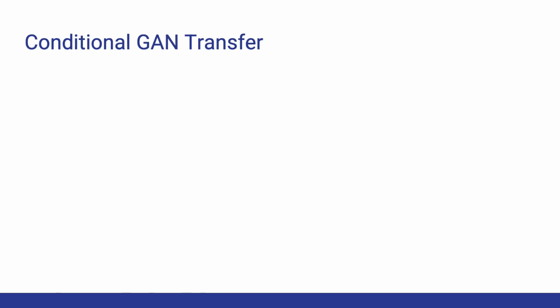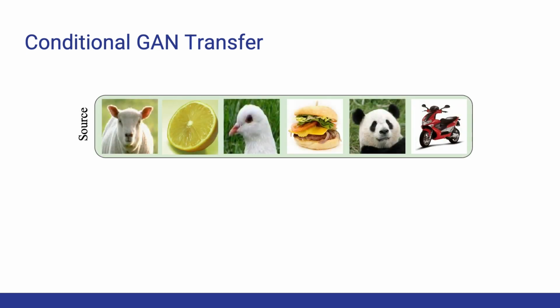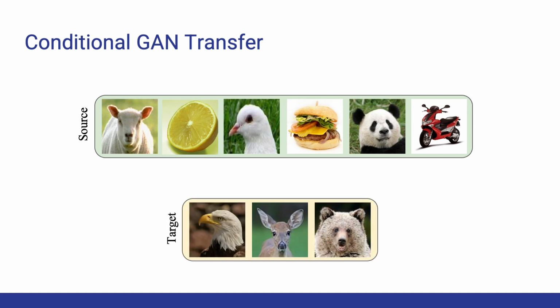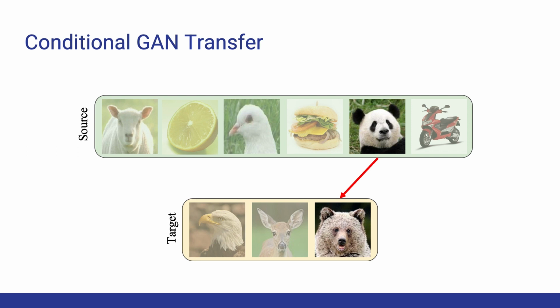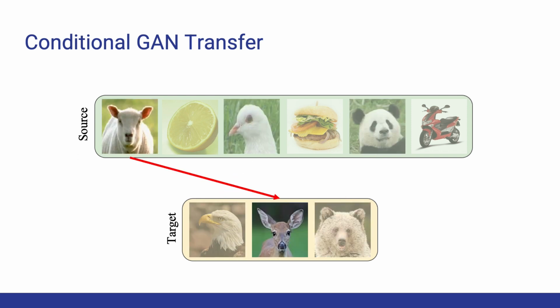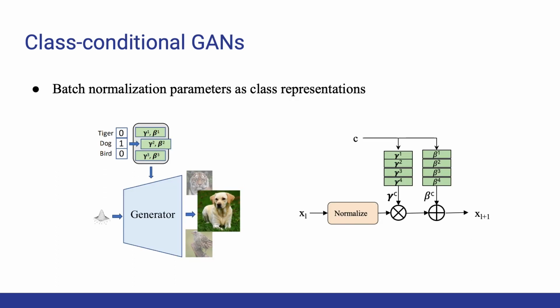In this work, we propose a method for conditional GAN transfer with the idea that, given a multi-class source dataset for pre-training, knowledge transfer to a multi-class target dataset could be performed by borrowing class-specific knowledge from source classes based on how relevant they are to each target class. In current state-of-the-art class conditional GANs, the classes are represented in the generator as the parameters of the batch normalization layers. Therefore, we use class-specific batch normalization parameters to propagate knowledge between source and target classes.